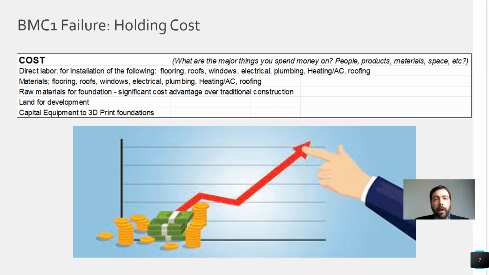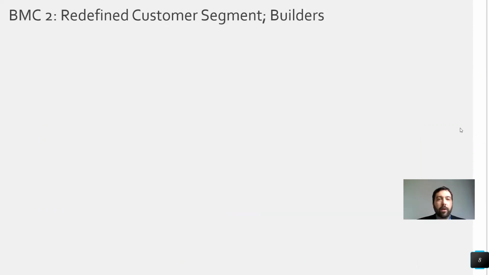We believed that with the cost that we had identified at the time, there was no way that we as a startup could raise that kind of capital that would really get people interested. So we were a little bit lost. So we decided to go back to the drawing board.